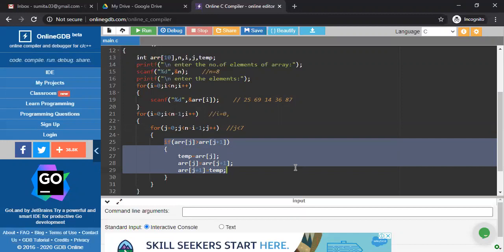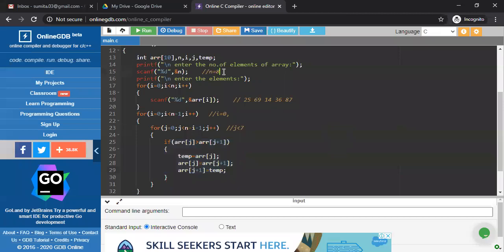So suppose n is equal to 6. So here also 6. Why? Because we know from the previous example that if we have n number of elements, we require n minus 1 number of passes.